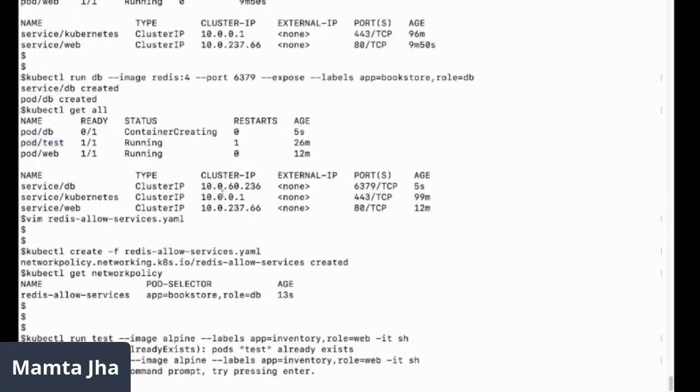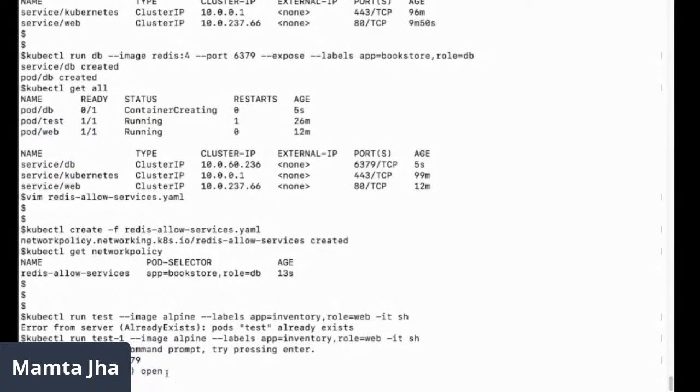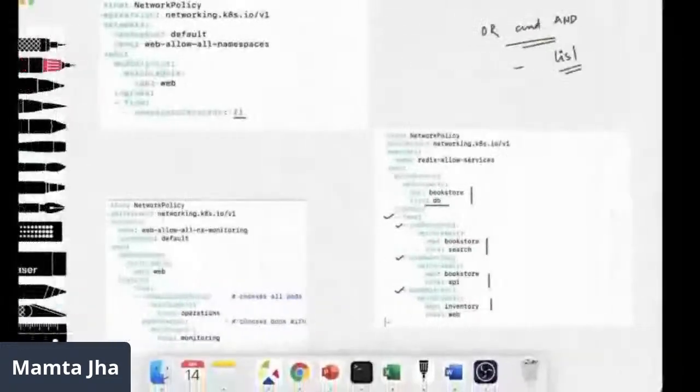So my bad, I tried recreating it. Now, when I try to connect to this database pod on 6379, let's see what happens. It says it is open. That means I'm able to connect to it. I'll exit this.